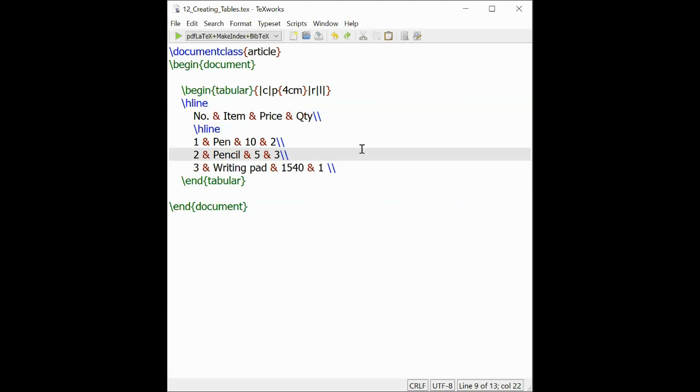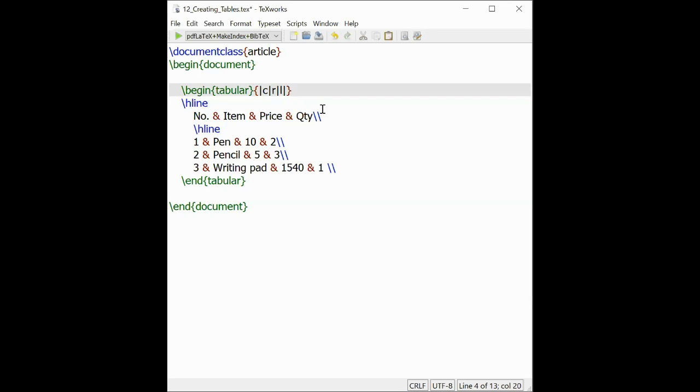If you want to delete a particular column, for example the second column, the first thing you have to do is delete the initial part that defines how many columns are present in your document. First delete this part, that is the p or c, whatever it is, along with the pipe symbol.